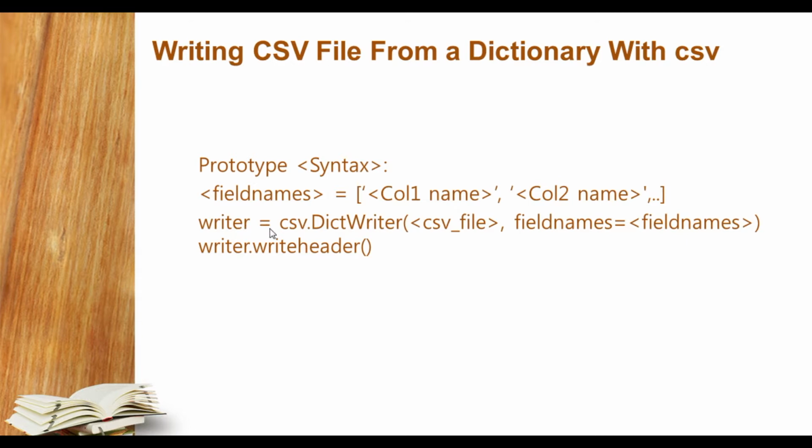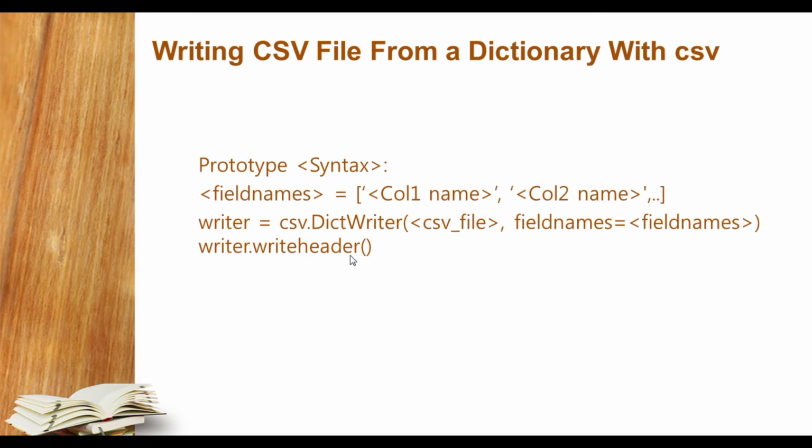After that we use a writer, which is our variable, equals the csv module dot DictWriter, which is a function of the CSV module, in which we pass the file object that was created when we opened the file, then a comma, fieldnames equals fieldnames. Students, this is termed a default parameter. We are passing the same fieldnames variable here. After that we call the function writer dot writeheader.